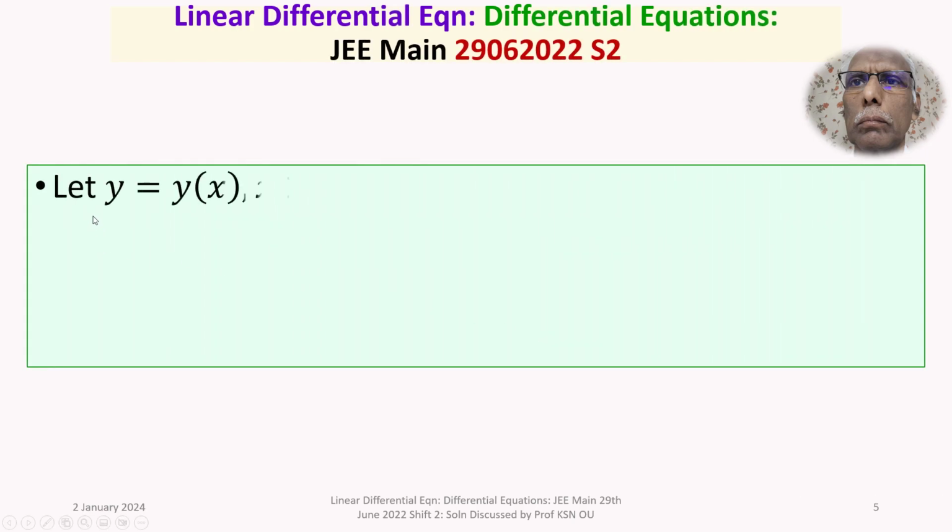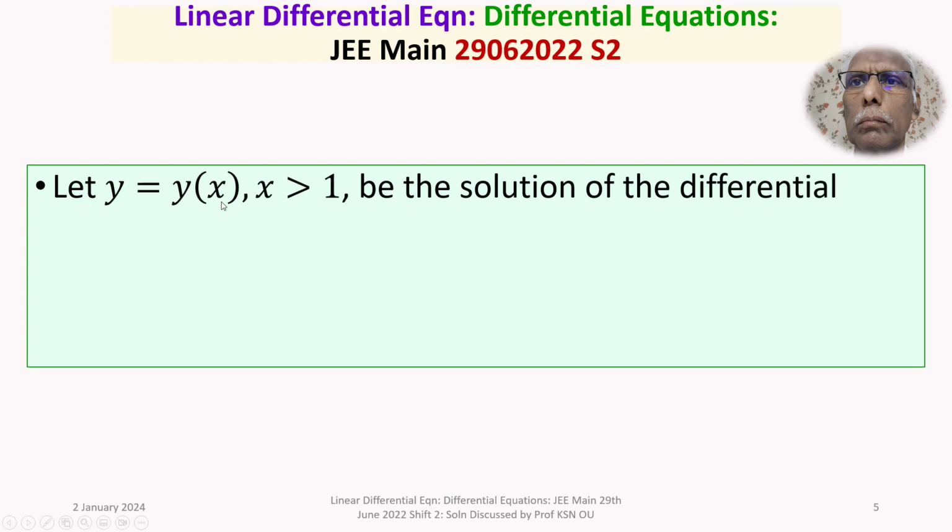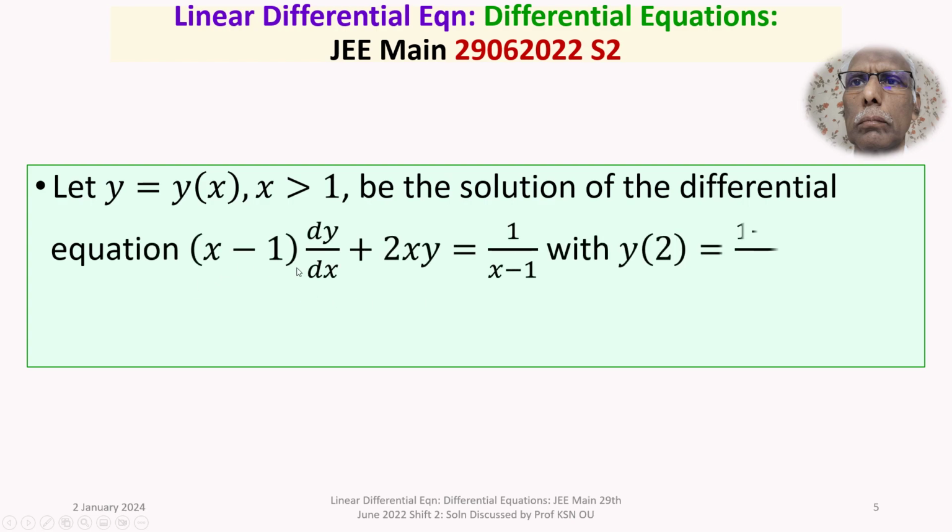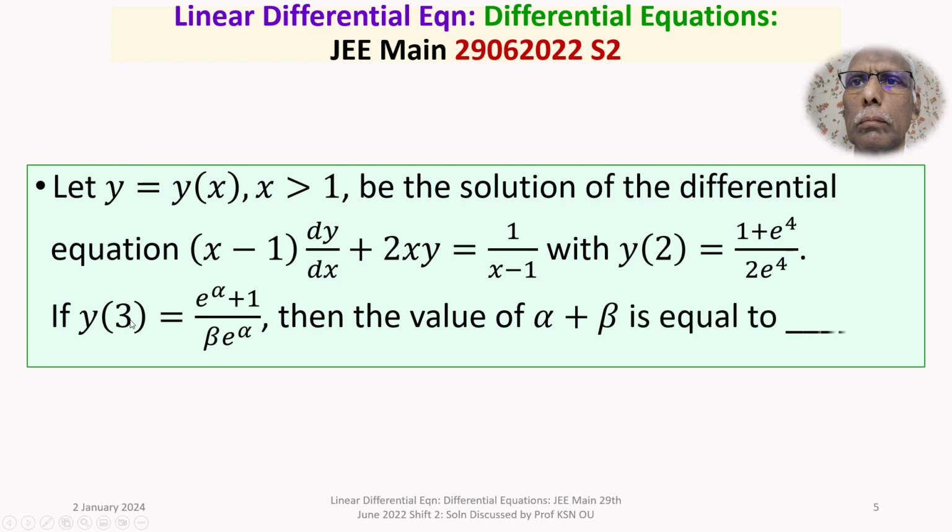The given question is: let y = y(x), where x > 1, be the solution of the differential equation (x - 1) dy/dx + 2xy = 1/(x - 1), with y(2) = (1 + e^4)/(2e^4). If y(x) at x = 3 is equal to (e^α + 1)/(β e^α), then the value of α + β is equal to,